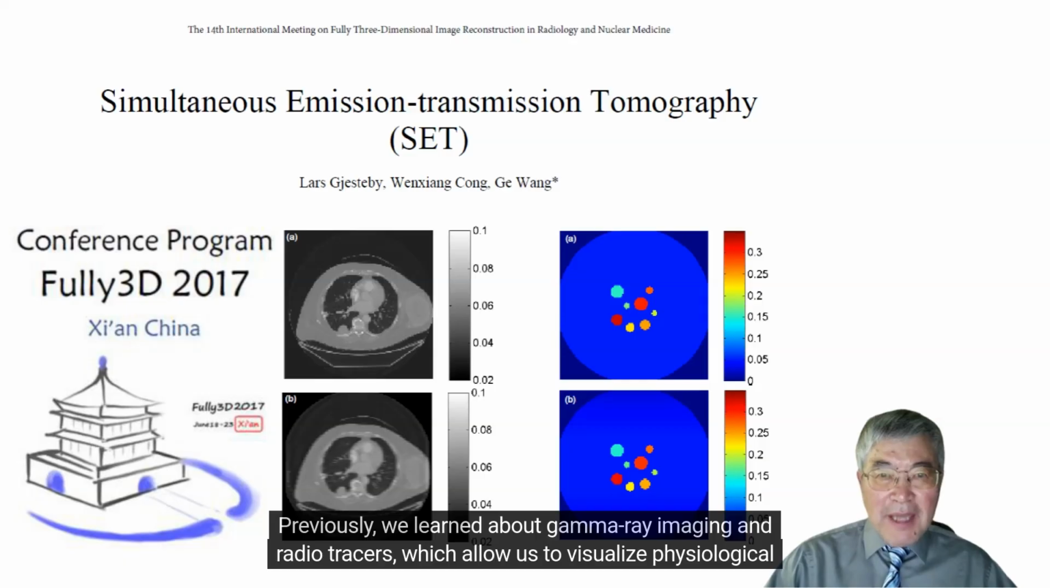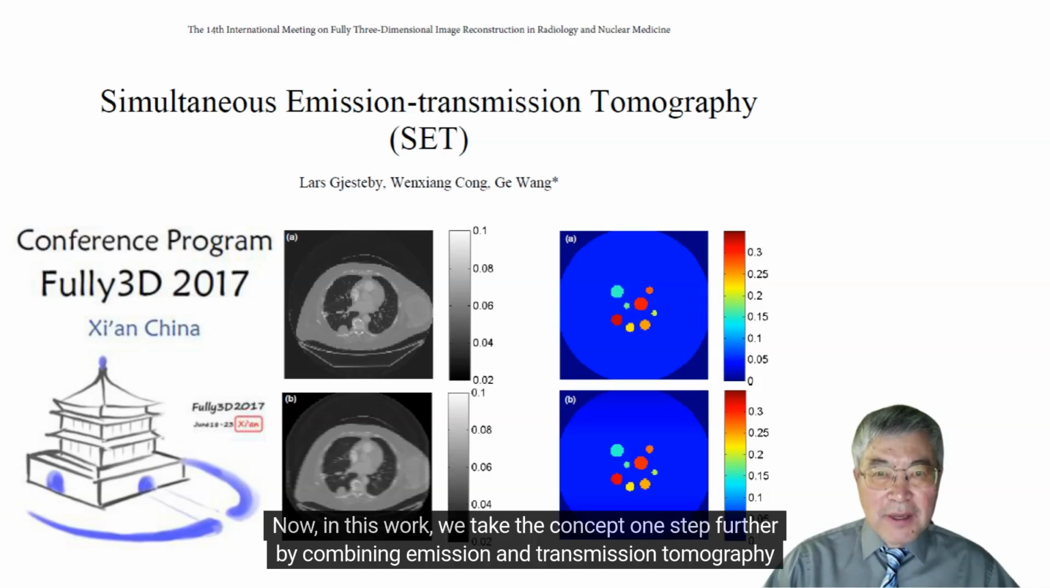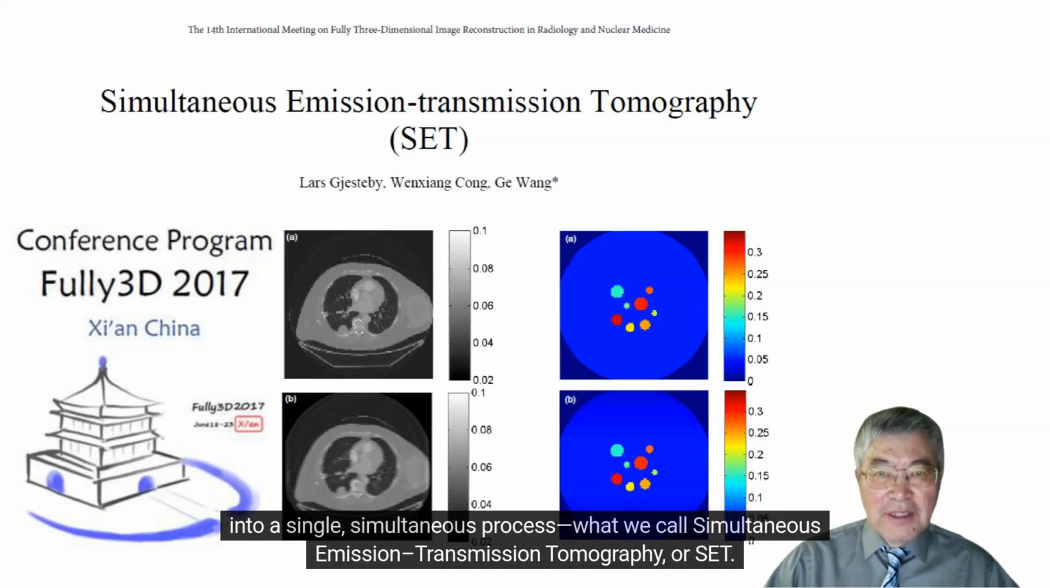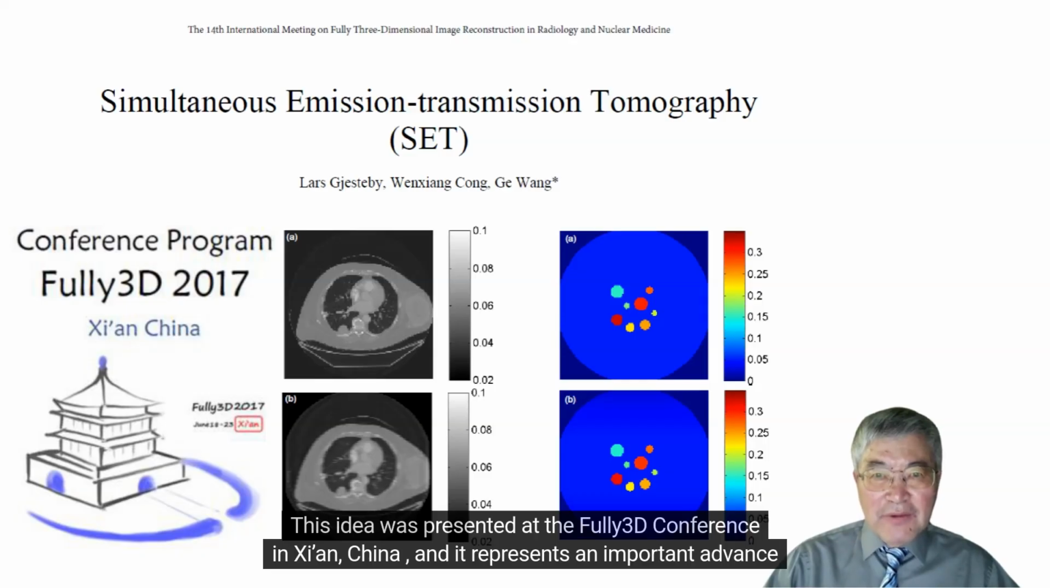Previously, we learned about gamma-ray imaging and radio tracers, which allow us to visualize physiological functions inside the body by detecting radiation emitted from injected tracers. Now, in this work, we take the concept one step further by combining emission and transmission tomography into a single simultaneous process, what we call simultaneous emission transmission tomography, or SET. This idea was presented at the Fully 3D conference in Xi'an, China, and it represents an important advance in multimodal